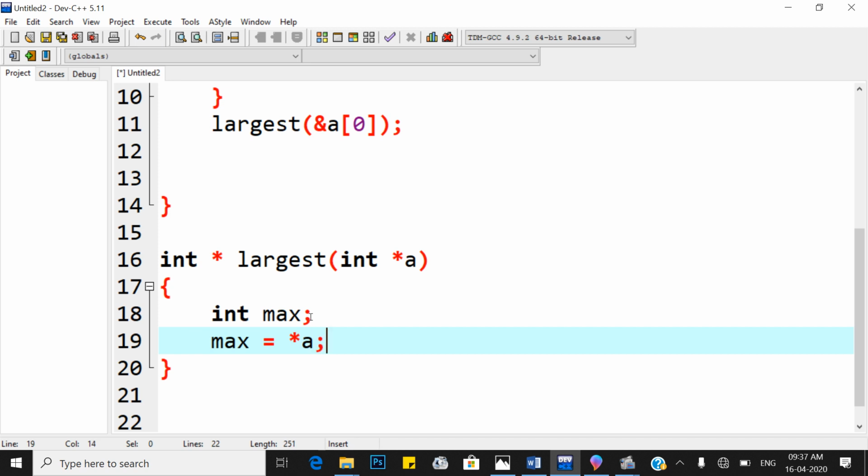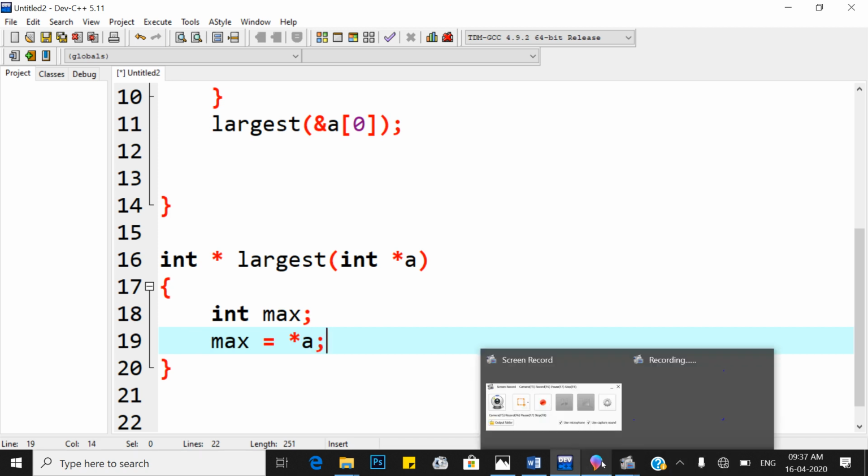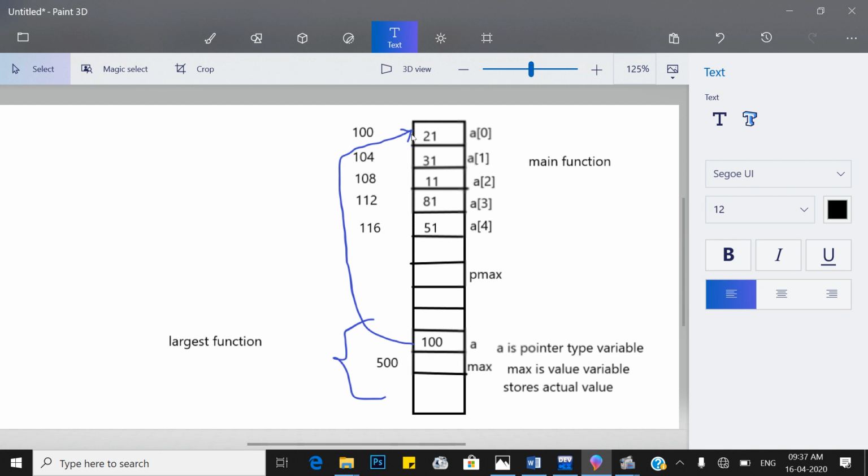So pointer a means what? The value at that address location. The value at that address location is 21. That is, pointer a means the value at address location 100. What is the value? 21.